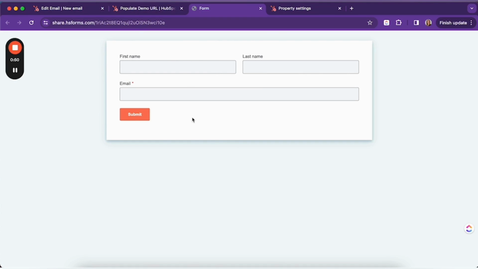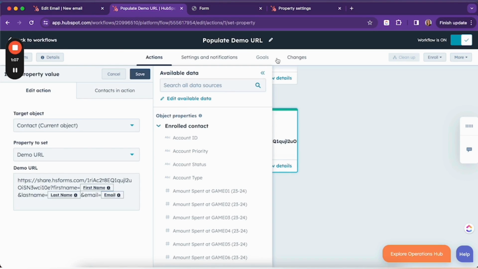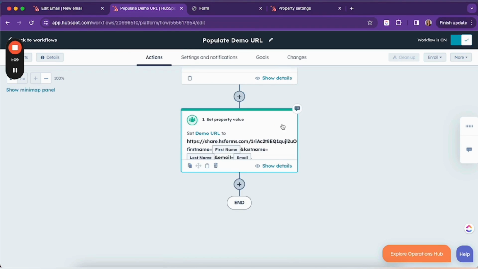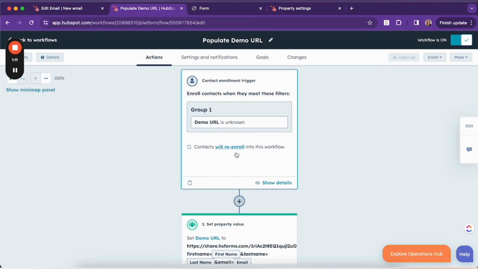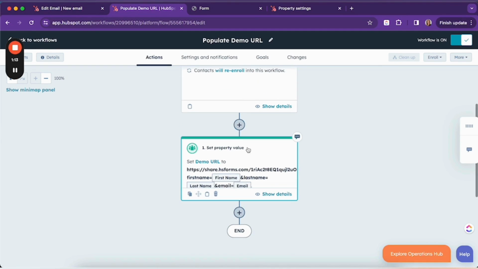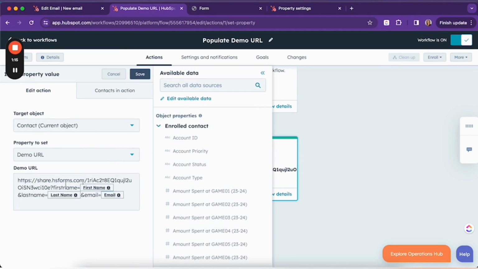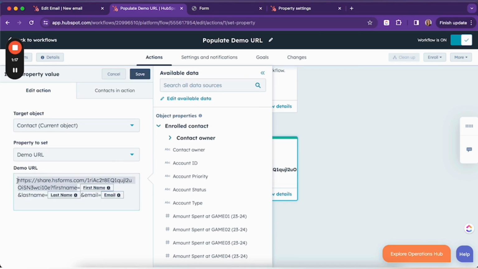And then we will grab the URL for the landing page or website page where your form resides. So for the purpose of this demo, we'll grab this link and set up a workflow. Let me click out of this. When demo URL is unknown, populate demo URL with this link